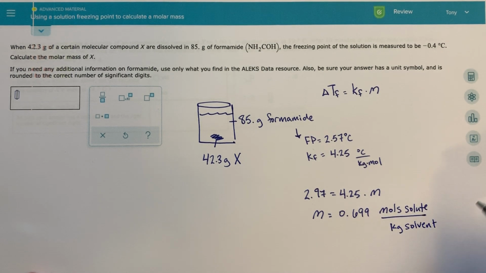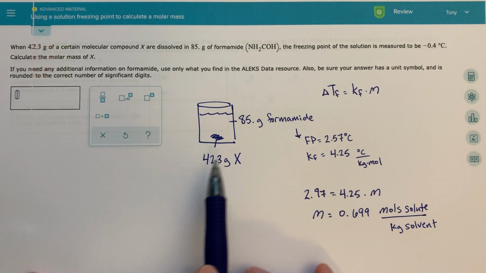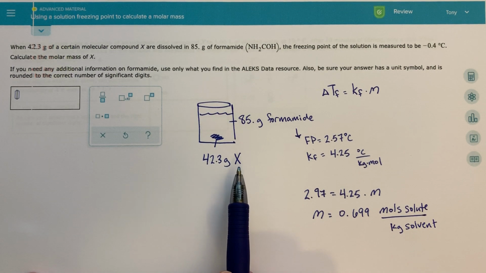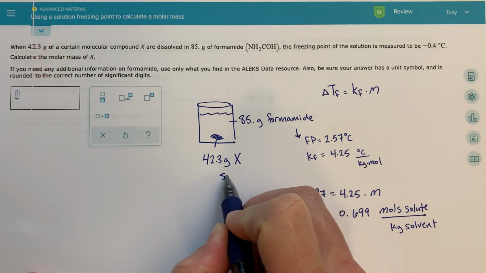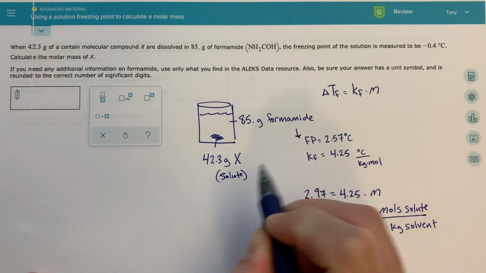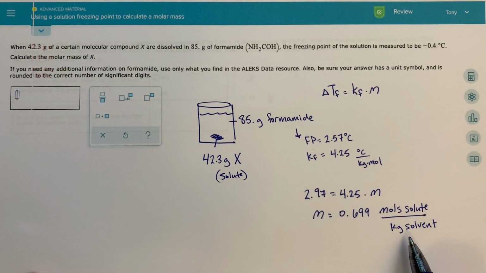So we have to remember what the definition of molality is. The definition of molality is moles of solute over kilograms of solvent. And going back to my picture, hopefully this makes it really easy to see. Well, X is my solute, and then my formamide, that is my solvent. So just looking at this, again,